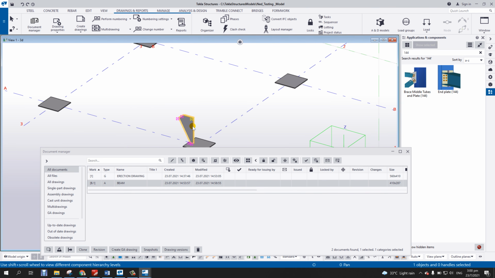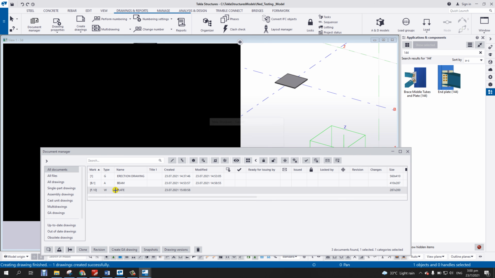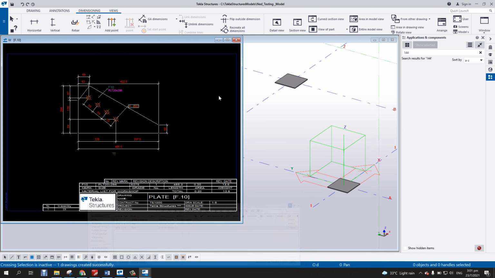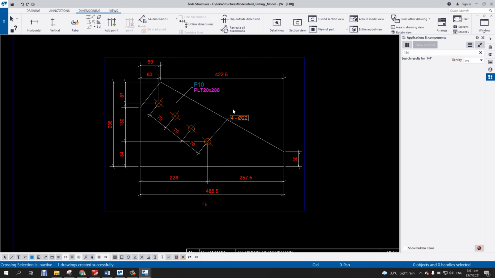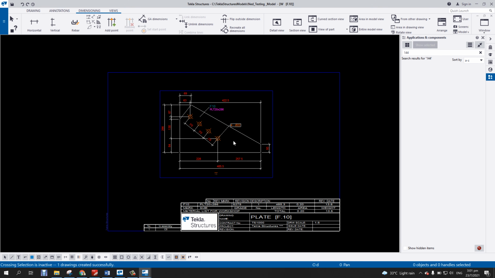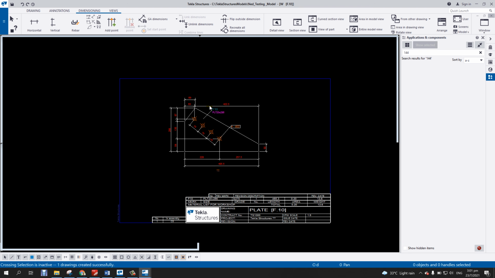So now let's check one plate first. Okay, so select this one and create single part drawing, and let's see what the output will be. So this one is fine. You already have all the dimensions for the single part. So if you're happy with that one, then all you have to do now is to close this drawing and then